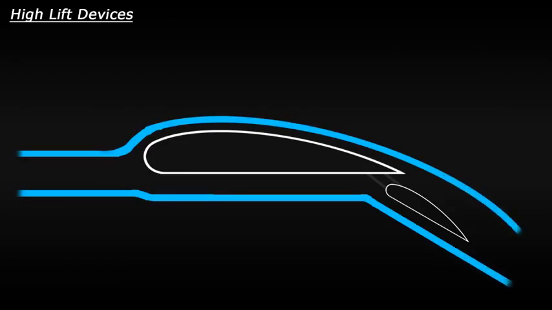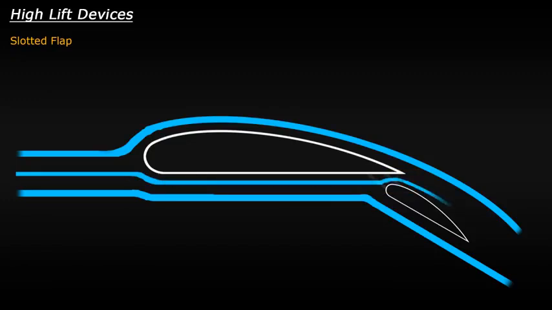This increases the curvature for airflow around the wing. On modern aircraft, you will likely see something called a slotted flap. When extended, these have a small gap between the wing and the flap itself, where air can pass from underneath the main wing through a small slot and over the flap. This helps the airflow over the main wing stay attached at